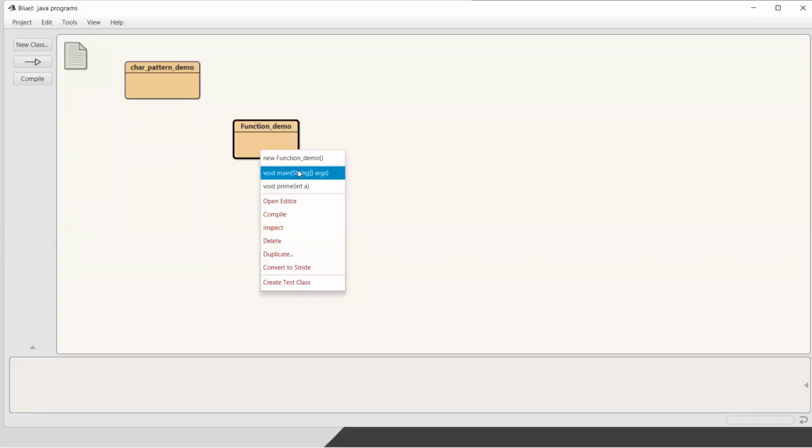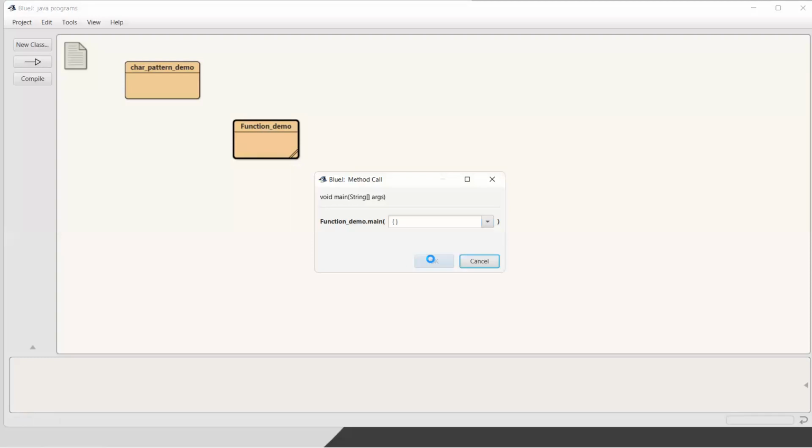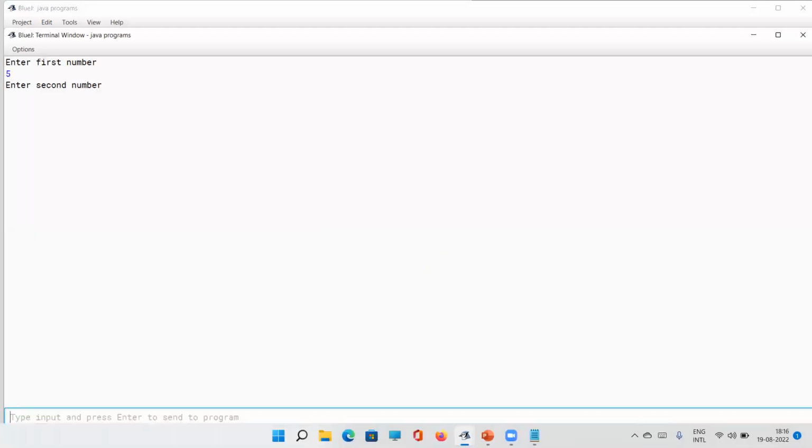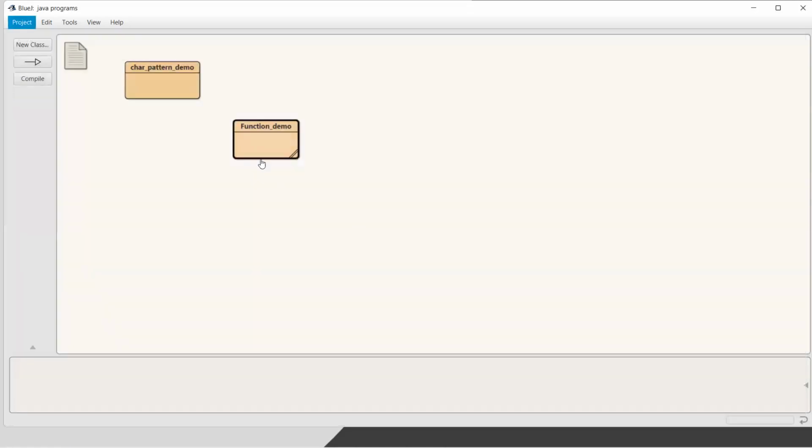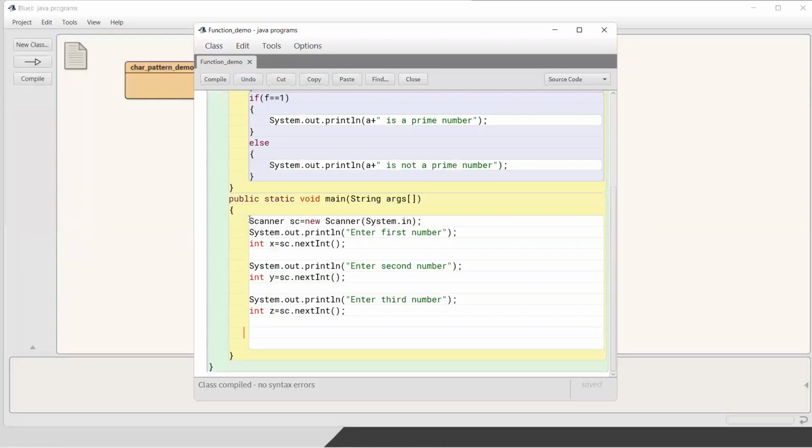If I go to this part and try to run, enter first number, suppose 5, enter second number 7, enter third number 11. Nothing will happen because we are just taking the input, but we are not calling that function. You need to call that function, then only it will be executed, because a program always starts from the main